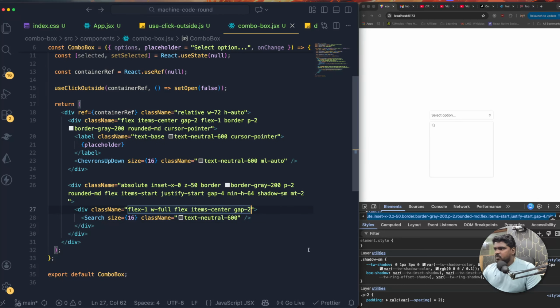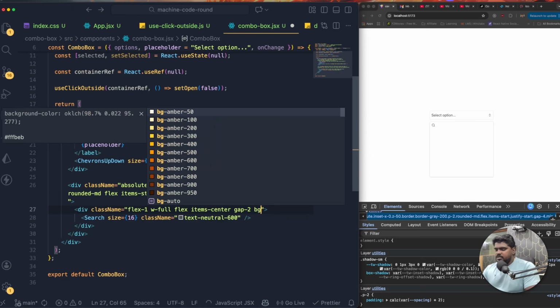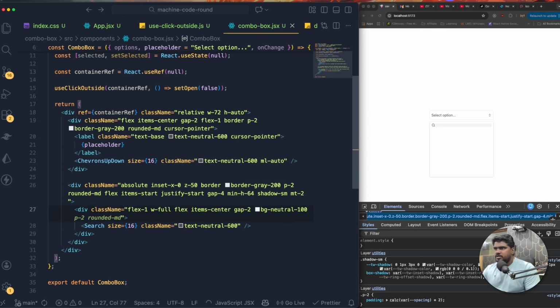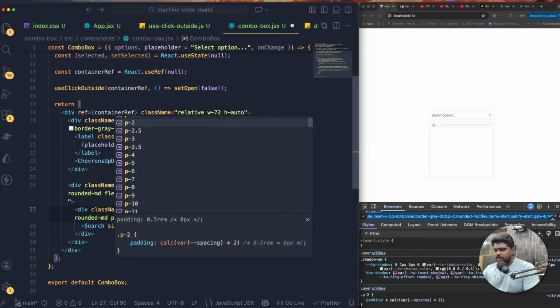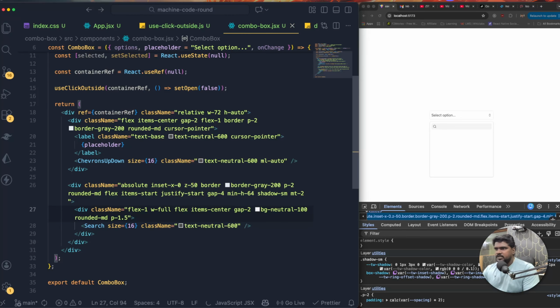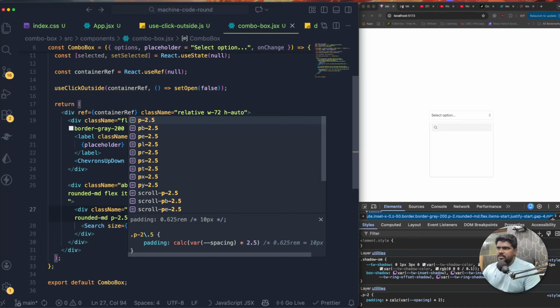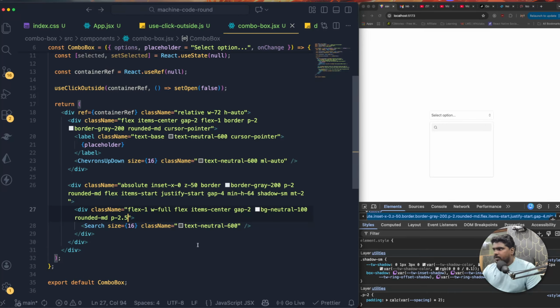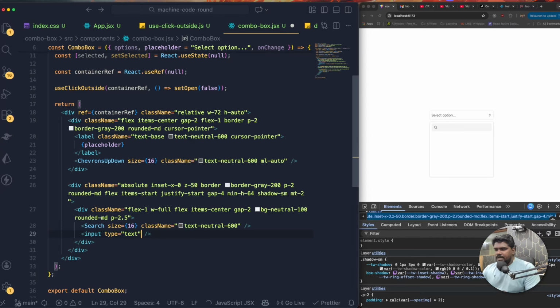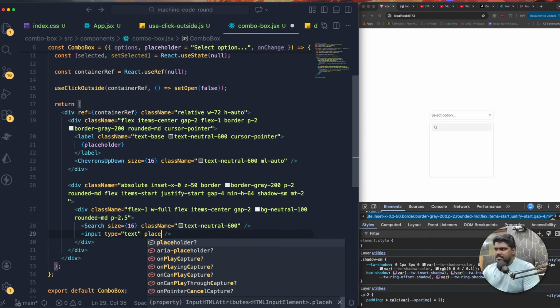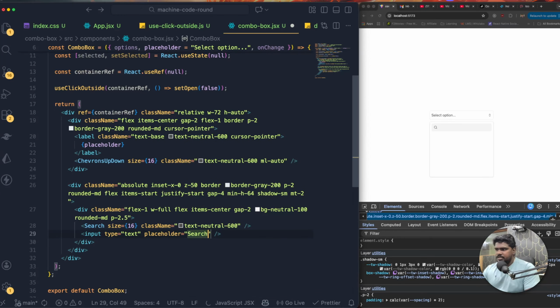So for this, what I'm going to do is BG, it's going to be gray or neutral 100. So now we have that, and rounded needs to be medium. Padding, it's going to be 1.5, something like this in all the corners. And even we can go for 2.5 as well, as that would be even better now. Okay, we have the search, and let me bring the input. This is the input, and here, the placeholder, I'm going to say search